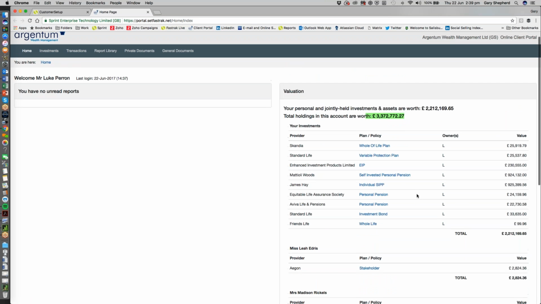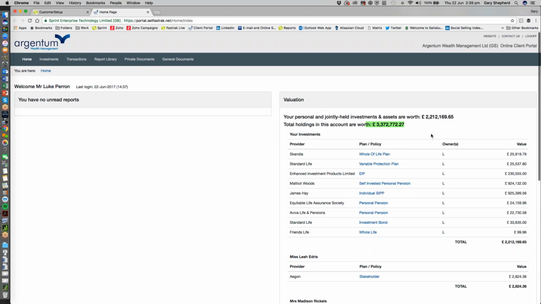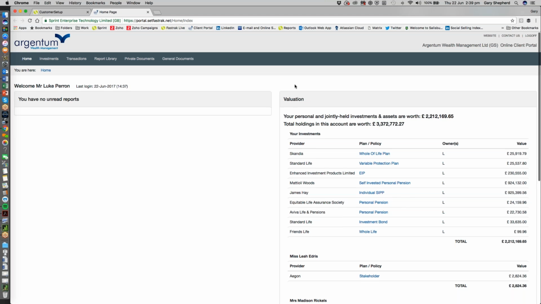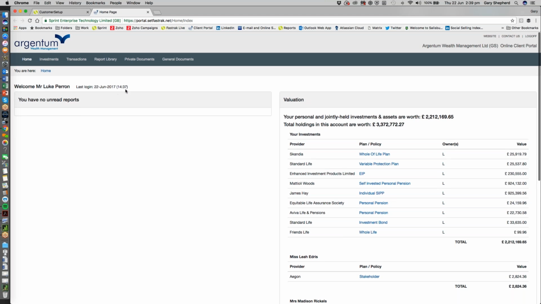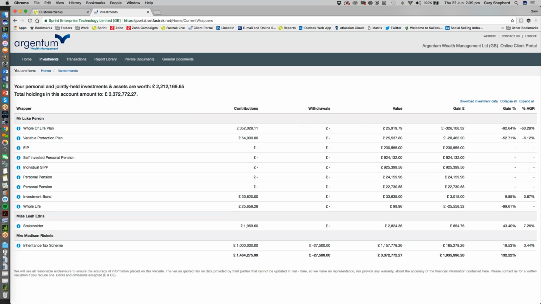And that's really quick, very easy, but it does give you absolute control over being able to supply your clients with an online portal where they can go off and see their valuations and their data whenever they want to. So we're here in the client portal. The client portal that we provide is white labeled, sits on your website, and you decide which clients to give it to. But when you're here, it means that you can do things such as, we're looking at this as the client. So when we come in now, we can look at anything that the client has,